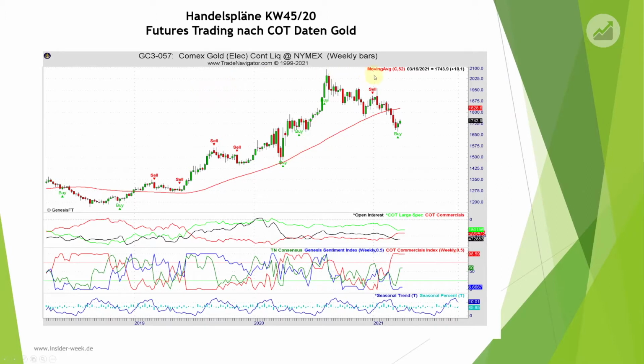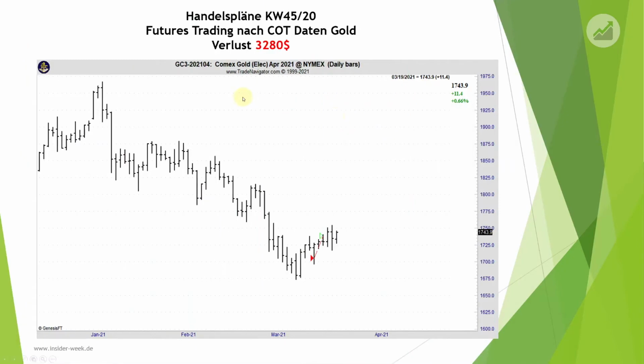The next market is gold. Here we received a buy signal, but we were positioned short prior to that. We made a short trade in the weekly trend direction because, as you can see, the weekly trend reversed from increasing to decreasing. Thus, we looked for a short entry. We can see that in the past, corrections were sold off very well. That's why we've waited for a correction to take our short position. And unfortunately, we were stopped out 2 days later and had a loss of